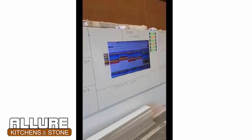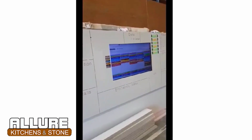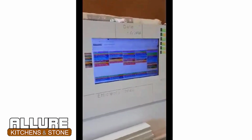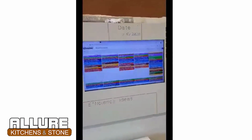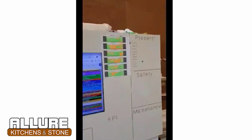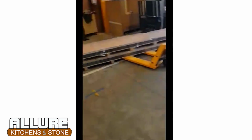This is our start to the day. This is our toolbox meeting board, screen showing what the guys are doing for each day. You can see the week there, and that'll update over the weekend by itself and move into the next week and who's doing what. Our KPI, green's good, orange is bad. Doesn't take much to make a bad day. Just one shelf not being in a cupboard or something like that. So you can see our marks on the floor for the COVID-19 response. So the guys space themselves while we're